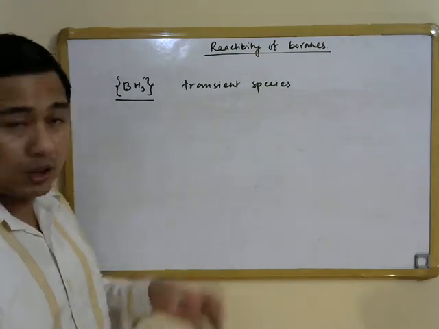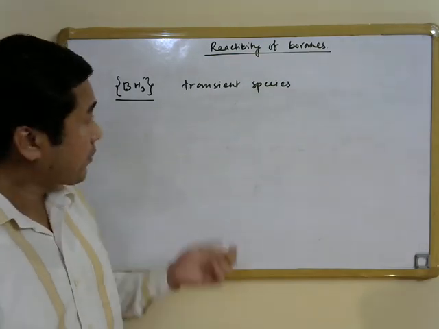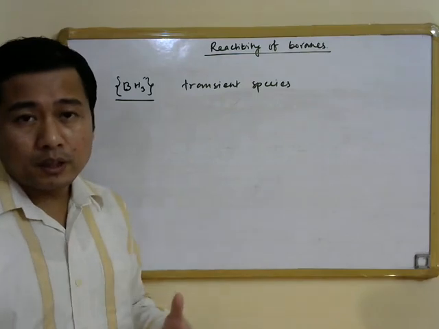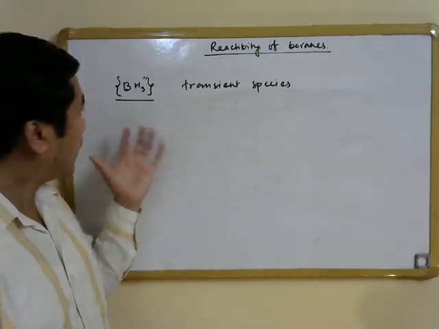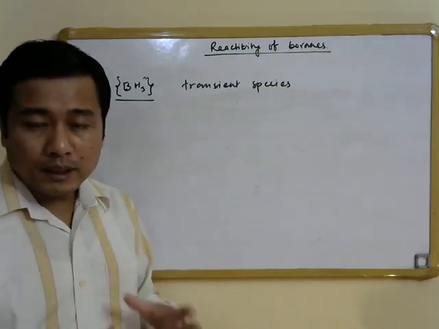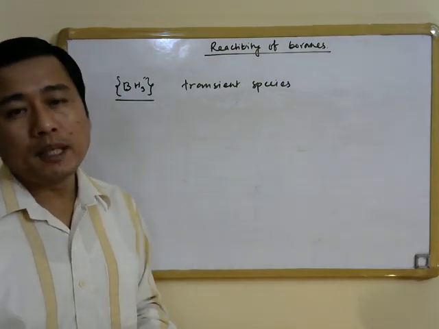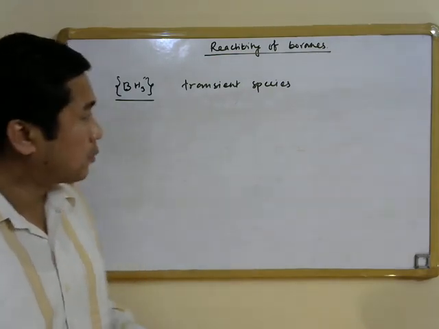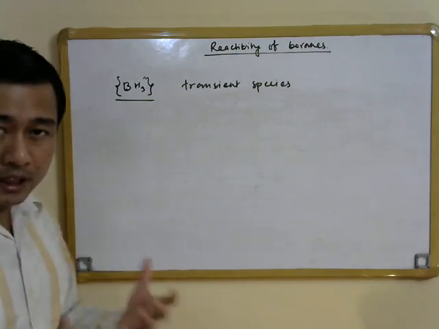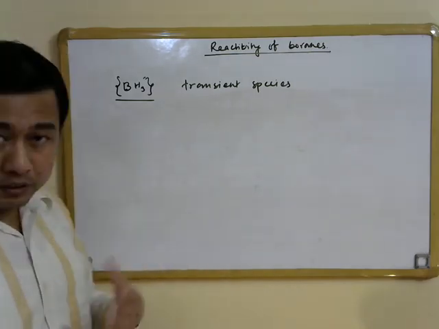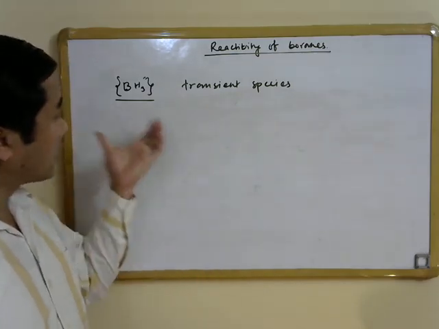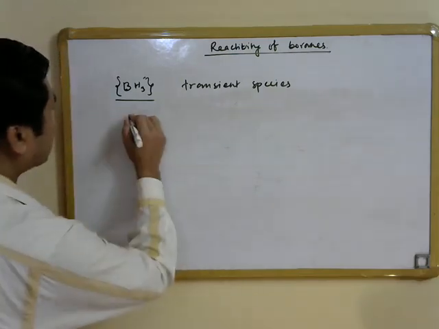Of course, it can be isolated only in small concentrations. And another way to trap BH3 is to form a 1:1 Lewis acid base adduct with other Lewis bases. This is because BH3 is a Lewis acid, because it is electron deficient, we know that already. So it is going to form a 1:1 adduct